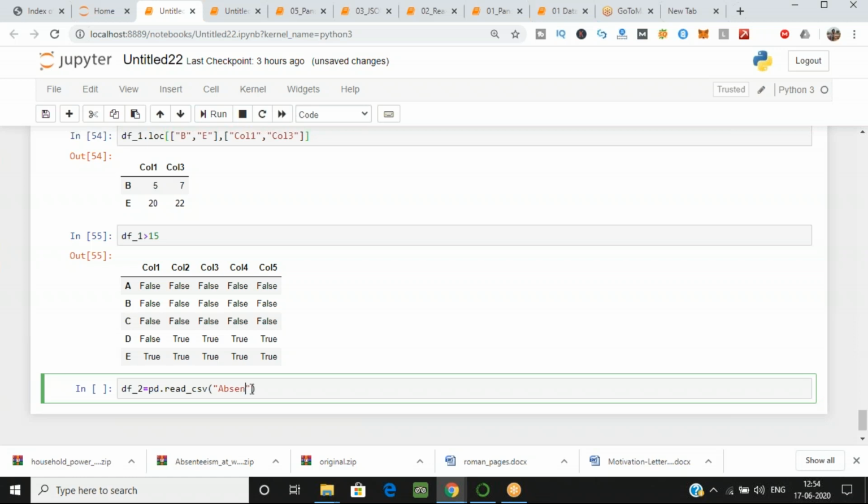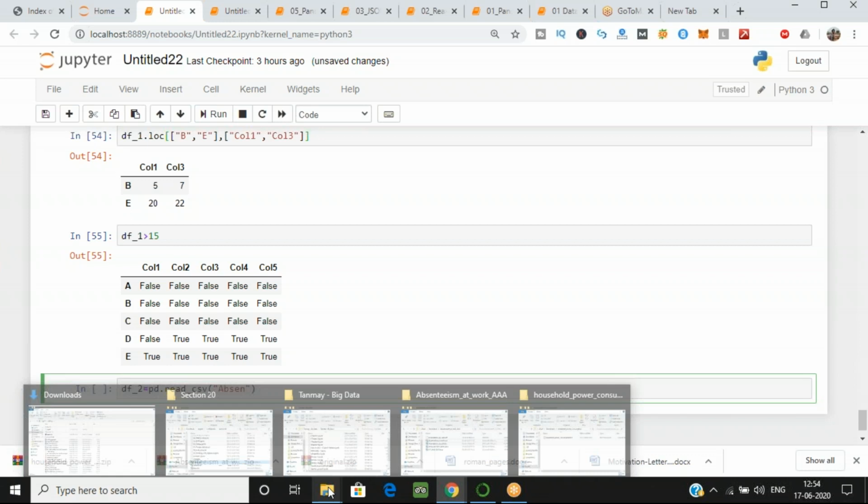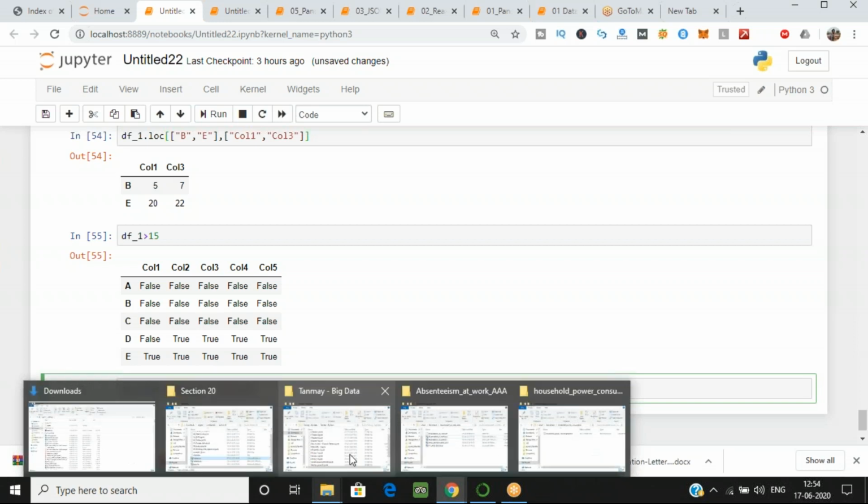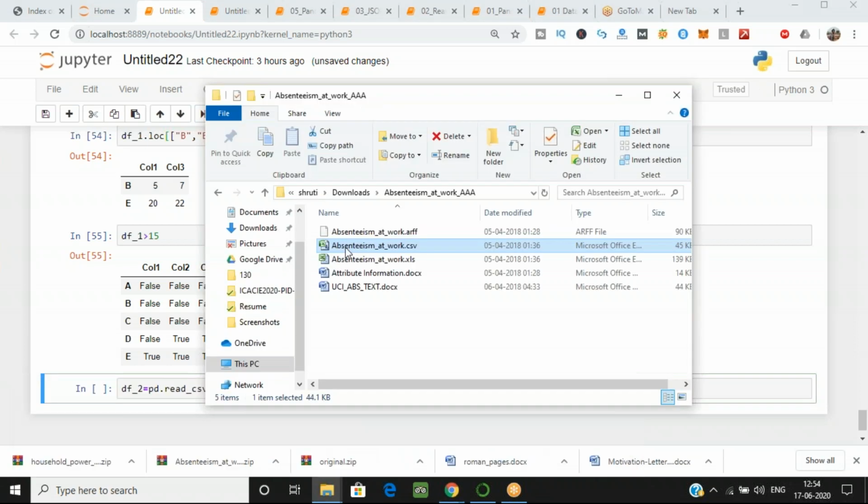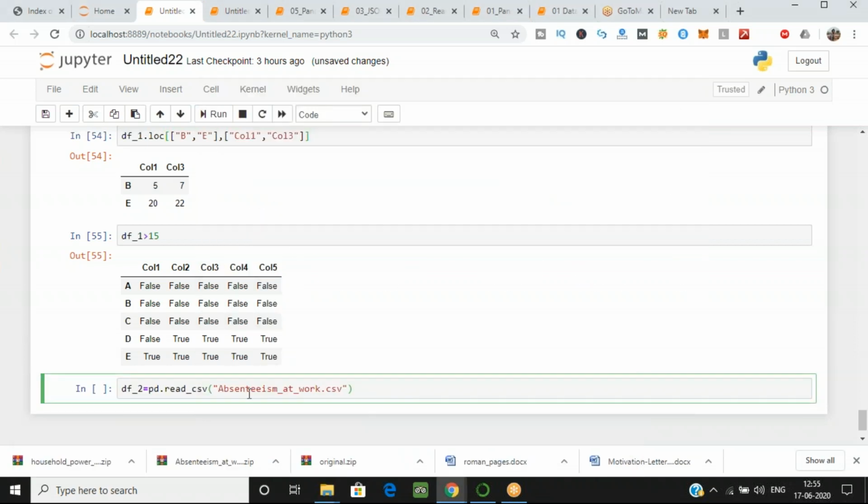Let's copy and paste that file name. Okay, so I have given the file.